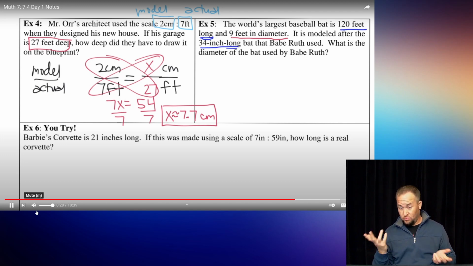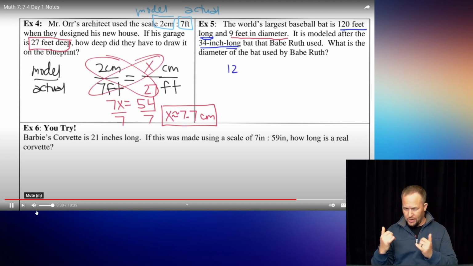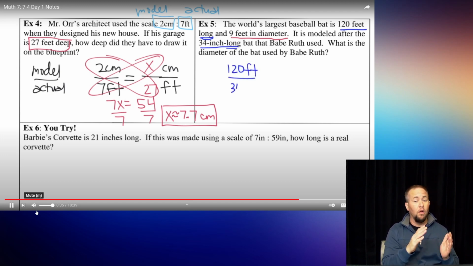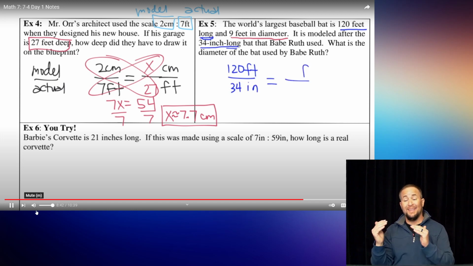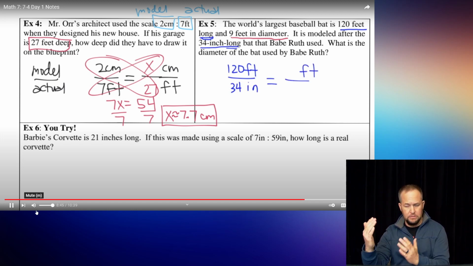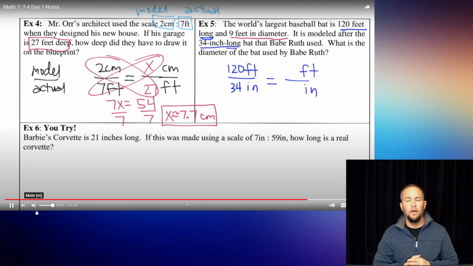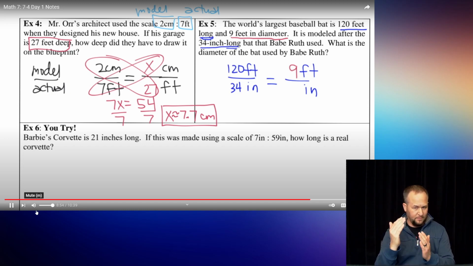So I'm going to go ahead and set up our proportion of 120 feet. That's our model. And then that's 34 inches for our actual bat that Babe Ruth used. So that equals, again, we're going to stick to our same labels, so feet over inches. The other piece of pink information that I've got is 9 feet in diameter. So go ahead and put feet right there. And then you know you're going to have x in the denominator. So then again, we just go ahead and cross multiply there. Once we make sure that that setup is in fact correct, I've got